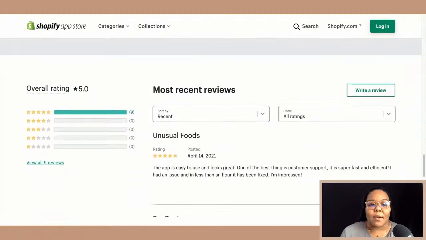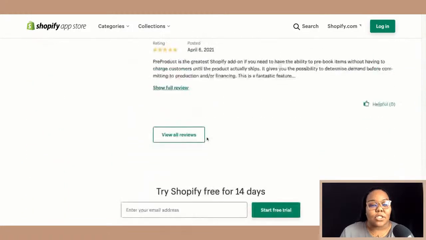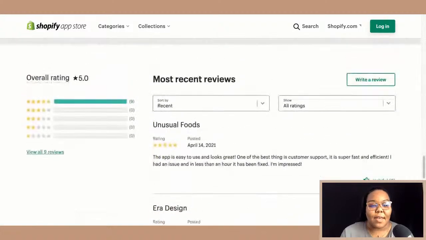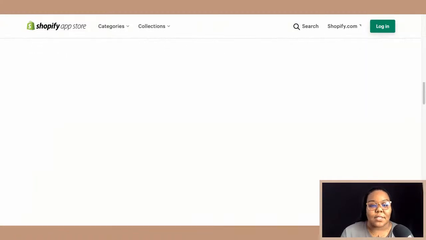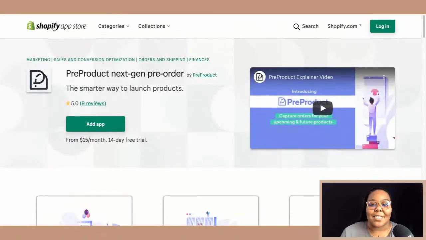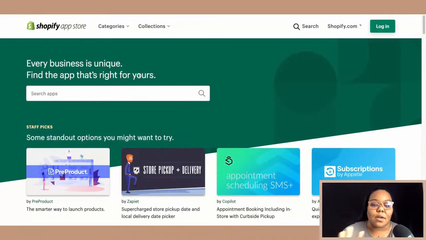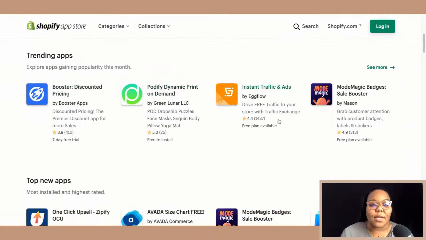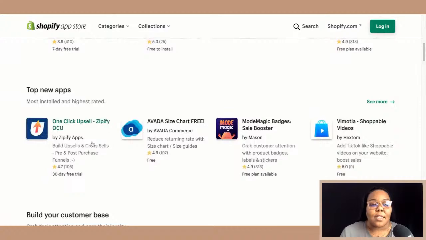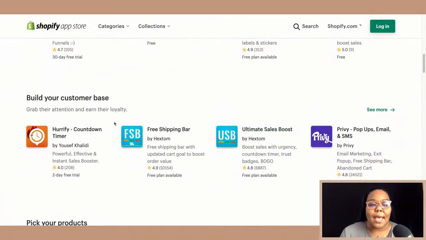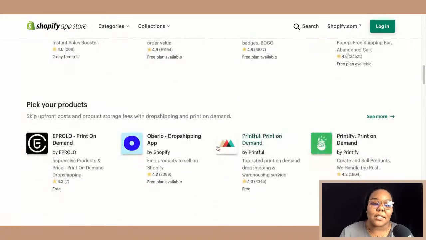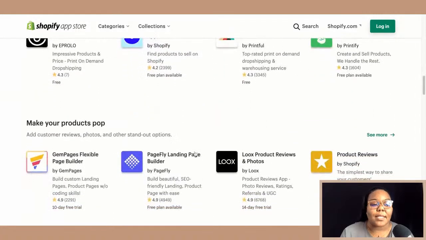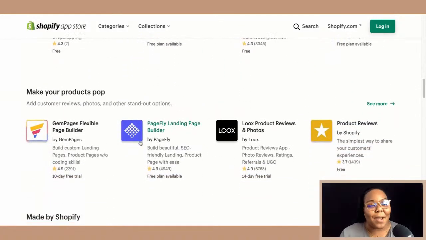And then we have our reviews below, which on this one they have all 5-star reviews since they've launched. So that is why they're featured on that Shopify App Store homepage. So here they are. Then we have trending apps here, new apps, apps to build your customer base, apps to pick products, apps to make products pop,